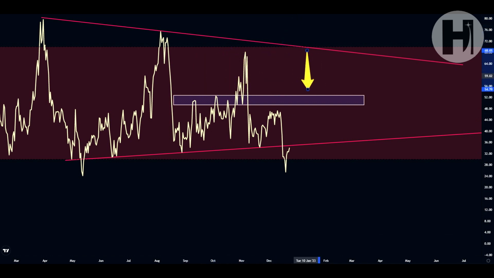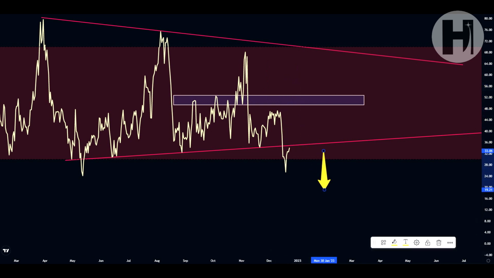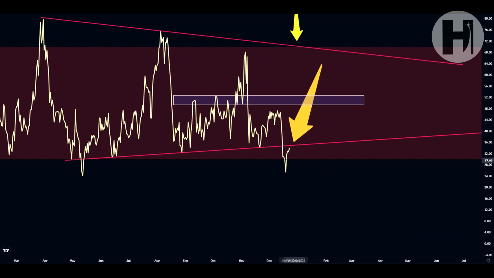So we've retested this multiple times as resistance in September. We've retested it as resistance in October multiple times. Then once we broke above at the end of October, we had support retests. And with the FTX crash, we went below that, and we still haven't seen the retest of resistance. Potentially, that's what could happen if we see a relief rally sometime in December or even January. So that's what I have here for the RSI on the daily. I do want to switch over to the Binance chart as well.